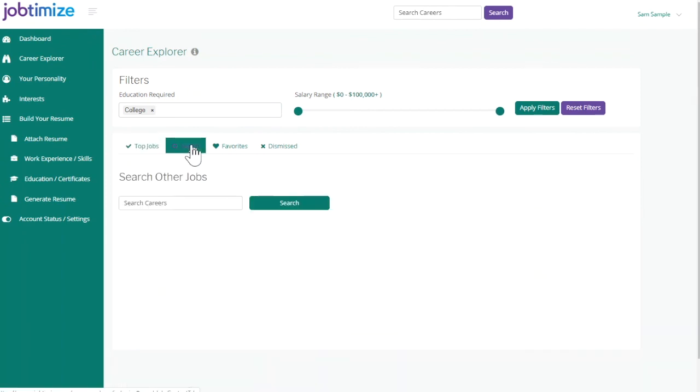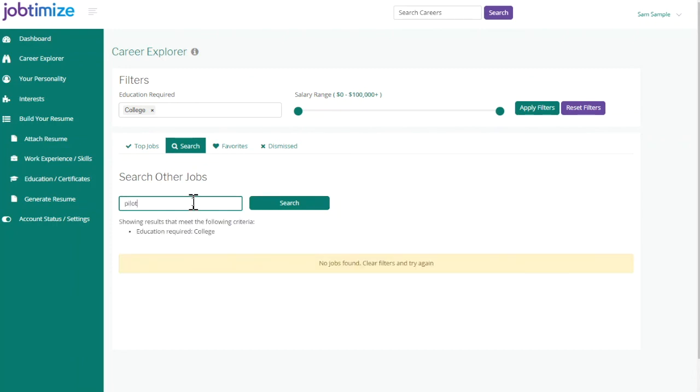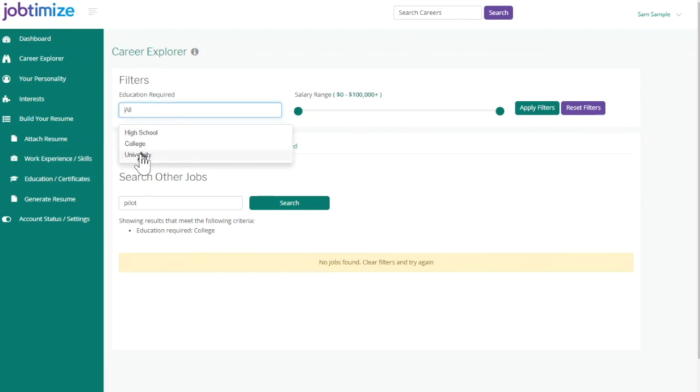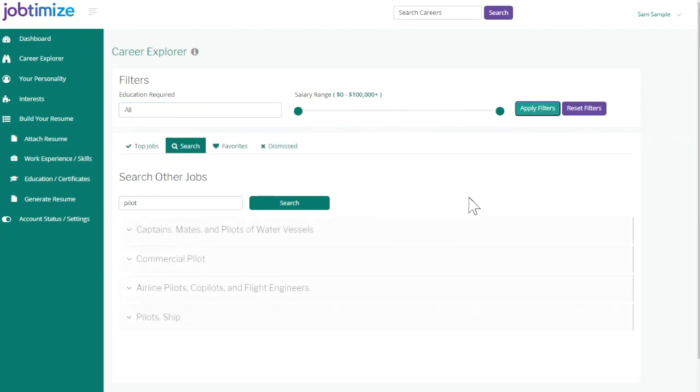There's also the search feature. So let's say, for example, you've had a job in mind and it doesn't show up at the top of your list. Rather than scroll and scroll and scroll until you find the job that you like, let's say, for example, you've always been curious about being a pilot. Type in pilot in the search bar. And nothing's going to come up, but it might be because of the education requirements. So if you were to kill the education and say I've got university, or better yet, just say all, and apply the filter, you'll see that there are actually 4 different options for pilots,